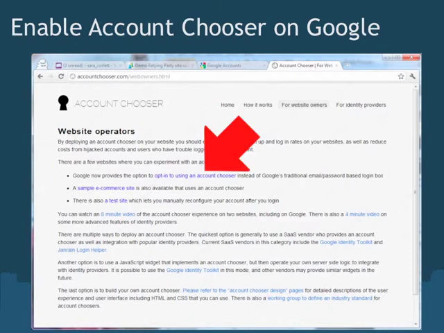Something else that I would suggest that you try out is there's this option to opt into using an account chooser on Google. And so if you want to see Google's commitment to this type of approach, turn it on today. It's been available since early 2011. A lot of people experimented with it. The results have been fantastic. And if you have feedback, that link will help you send it to us.